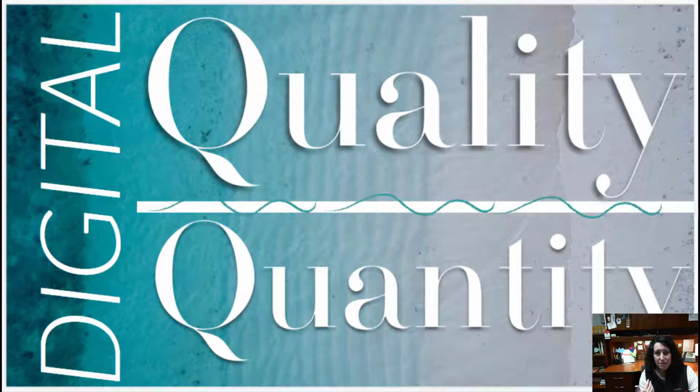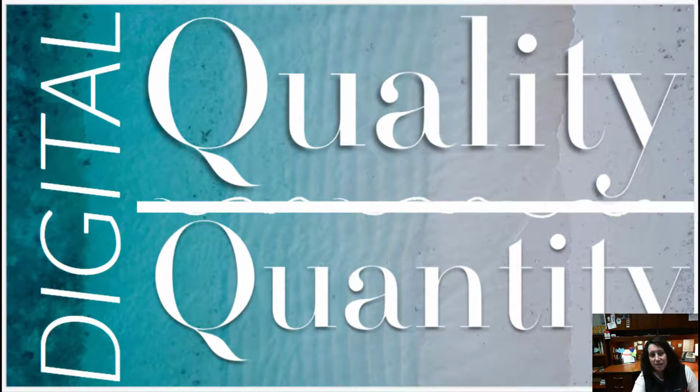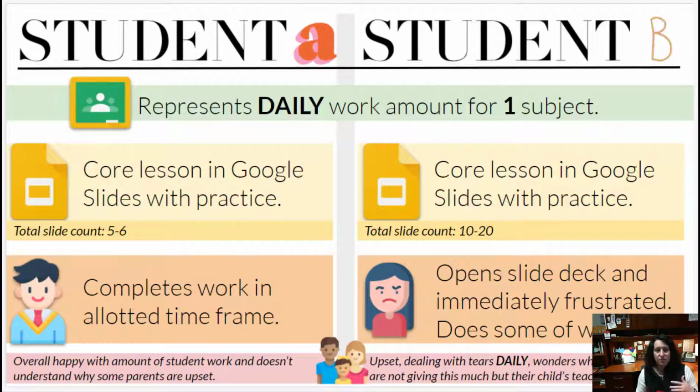Today I'm going to be talking about digital quality over quantity. This is a very popular topic, and I know that this discussion can help educators hopefully become more at ease with what you design for students to do. So I want to kick it off by showing an example of student A versus student B. In this representation, I want you to think about daily work from one subject area or one content area. So let's imagine that the teacher that has student A has created their core lesson in Google